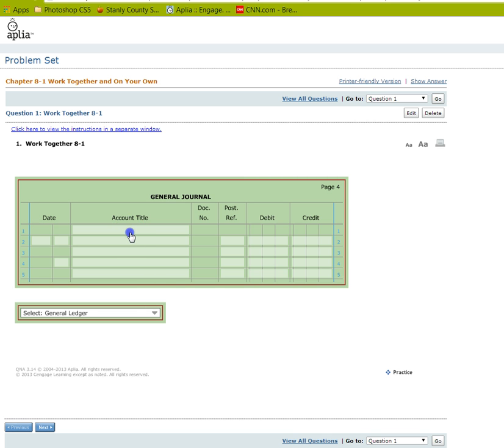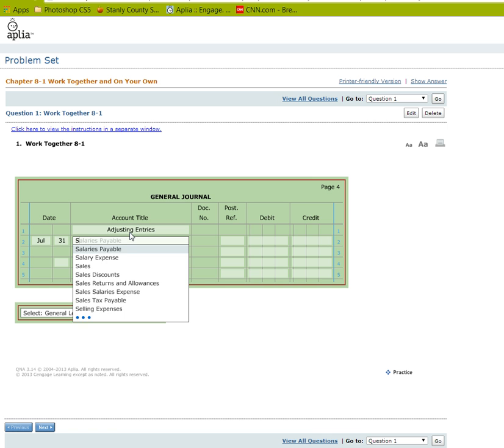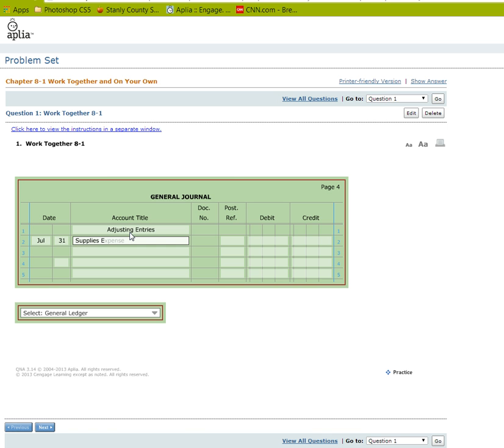Alright, so the way that our general journal is going to look. I'm going to start off with adjusting entries. The date is July 31st. And the first one that we have is supplies expense. And that's going to be a debit of $713. And we're going to have to credit supplies